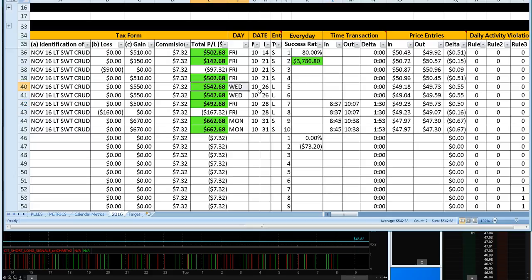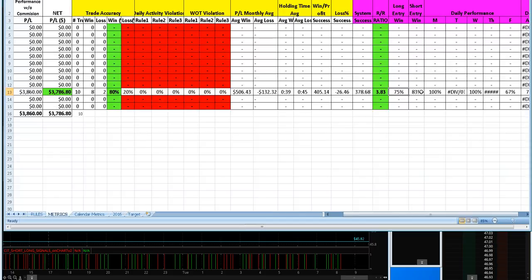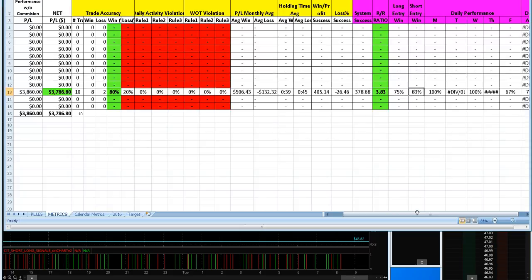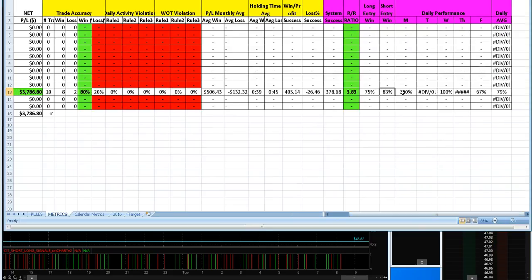So I have 4 long entries. As you can see, out of 4 I lost 1, so that's what makes the 75%. And that's what this is right here, and the same goes for the short entries. This daily performance, I cooked this up because I'm curious which days I'm trading best, so that way